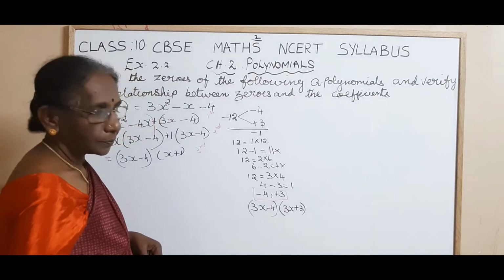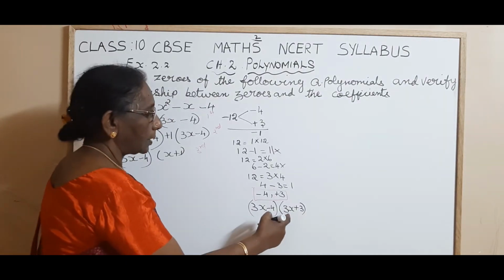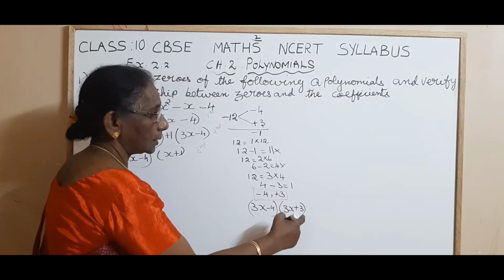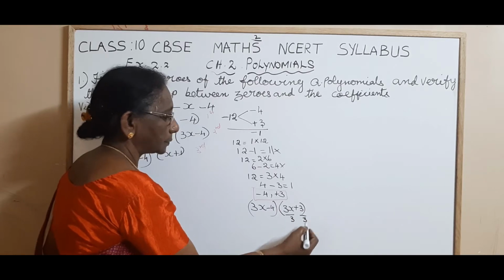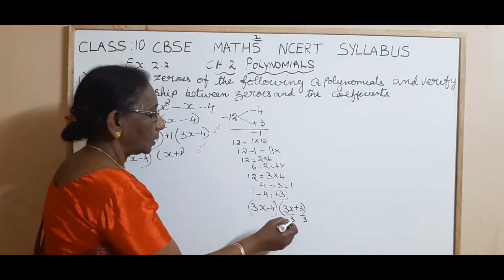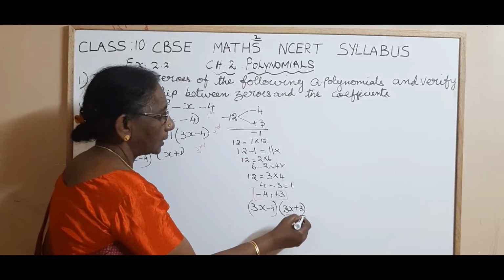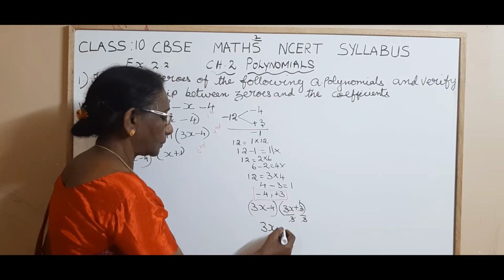Now here nothing is common, so let it be as it is. But when you take this here, 3 is common. So divide this by 3 and this by 3. Divide by the common factor, a common number. So here 3 and 3 get cancelled as 1. So what do you have? 3x minus 4